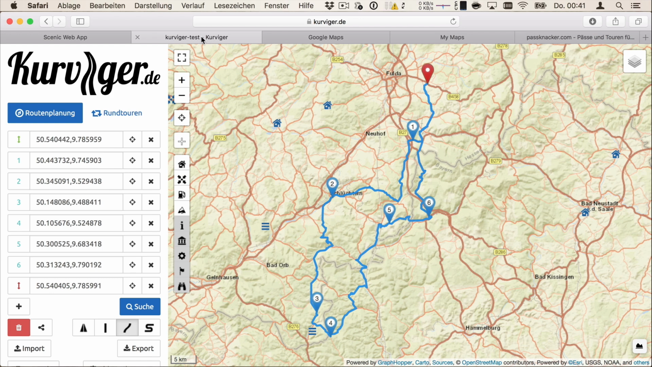So this is actually the tool, or the origin of these planned routes or curvy routes that you will find in Scenic. And I will not cover how you can create a route here in kurviger.de. I have a separate video on this one, so far only in German. So I just prepared a little route, and now let's see how we can transfer this one into the Scenic